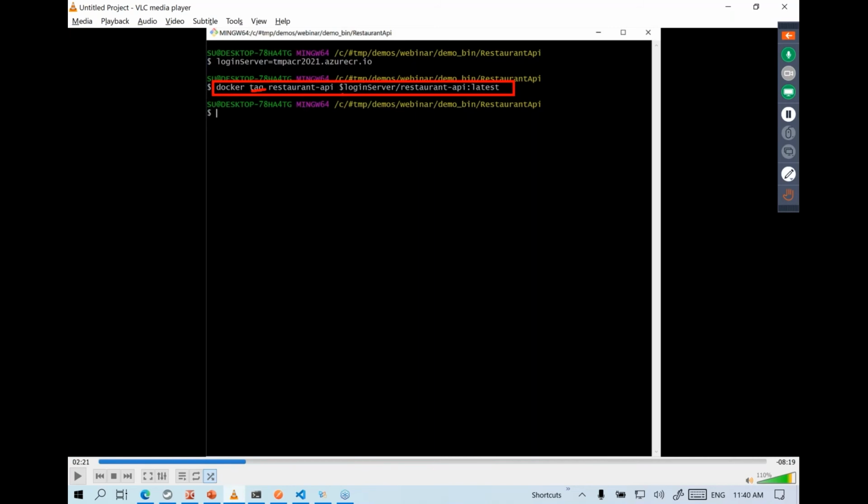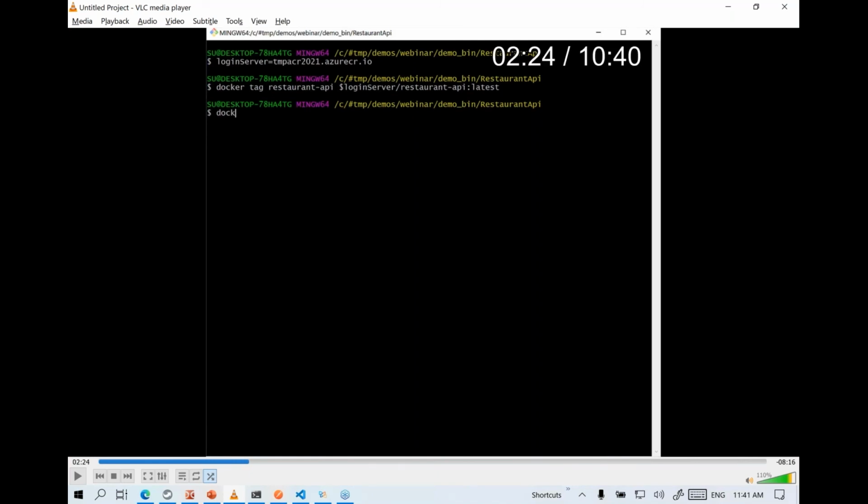It must have the login server as the prefix. So whatever this login server is, we obtained from Azure, we need to make sure that the local Docker image is prefixed with that. So this $login server is a variable name. It will obtain the value and act as a prefix. This is the most important step here. Without this step, you will never be able to push your images to Azure.